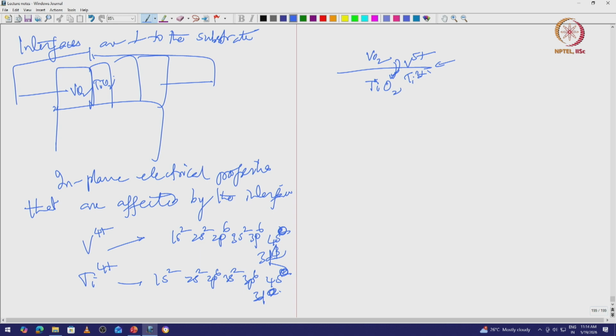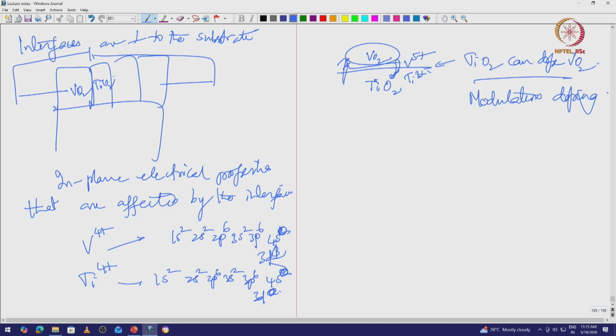In general, if titanium has slight deficiency, oxygen vacancies or something like that, titanium can give electrons to vanadium oxide. So, titanium oxide can dope vanadium oxide. Okay, this is what is called modulation doping. So, titanium oxide can give an electron, and this electron goes into vanadium oxide, and putting electrons in vanadium oxide, it is a very interesting system that changes its properties,